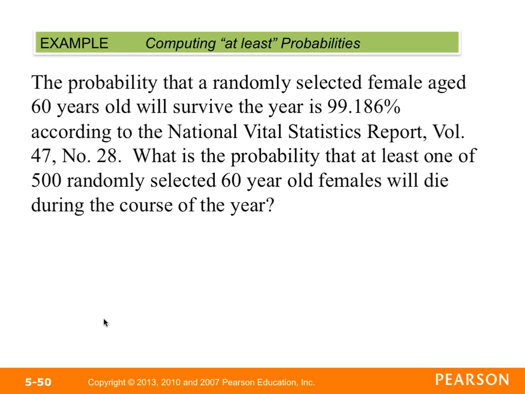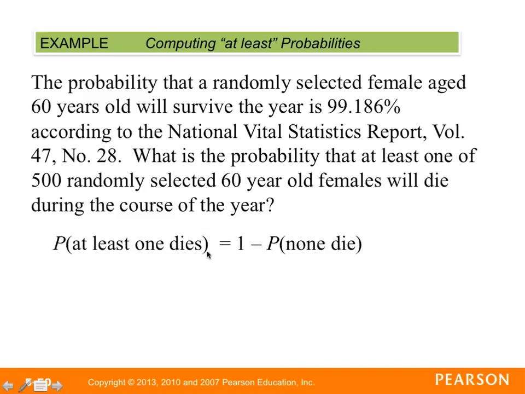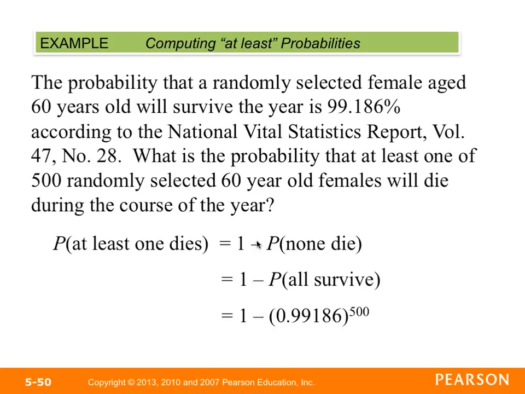Okay, there are also "at least" type probabilities. The probability that a randomly selected female aged 60 years old will survive the year is 99.186%. What is the probability that at least one of 500 randomly selected 60-year-old females will die during the course of the year? So the probability that at least one dies is going to be 1 minus the probability that none die at all. Because if you think about it, our options are that everyone lives, meaning that none die, or at least one dies. So we take 1 minus the probability that all of the people survive, which is going